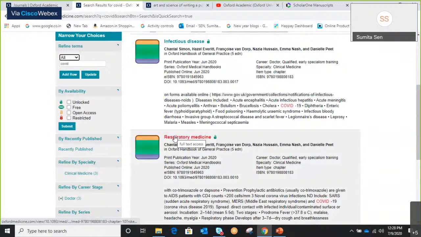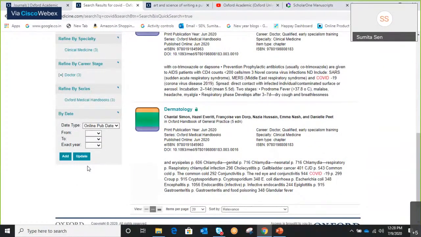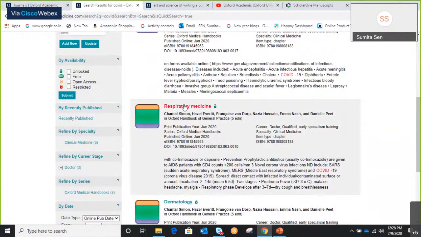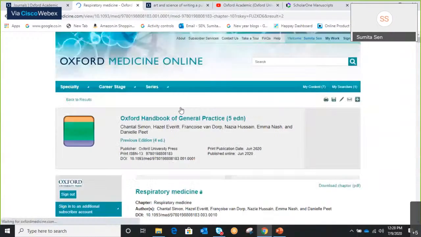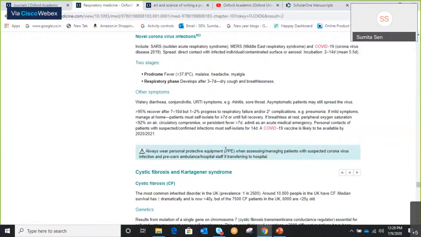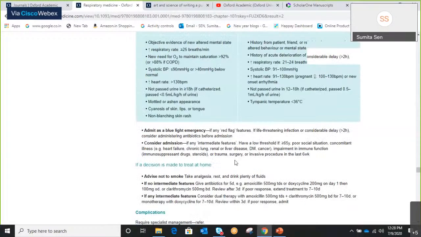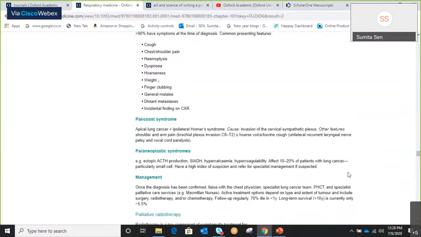Now let's take a look at this particular article. Now I'm not showing you refining. Anyone who knows how to shop on Amazon can do this. I'm not going to waste time doing this. But what I want to show you is one feature. If you look at the top of the page, now you see there are chapters and all.